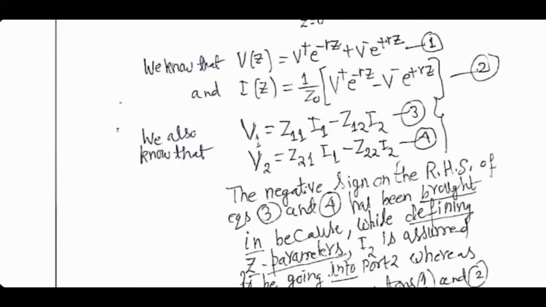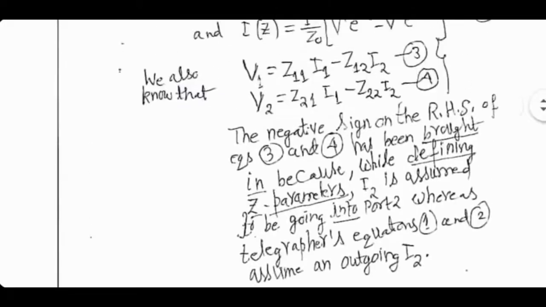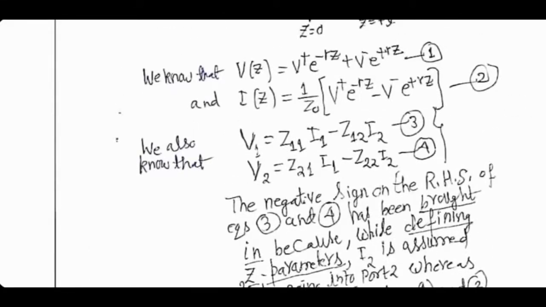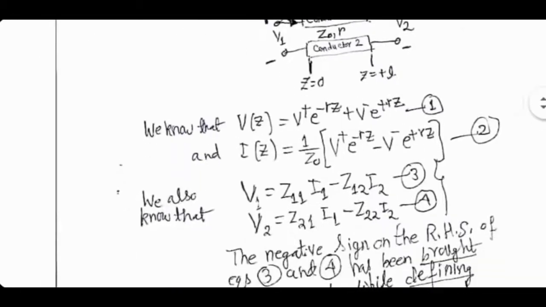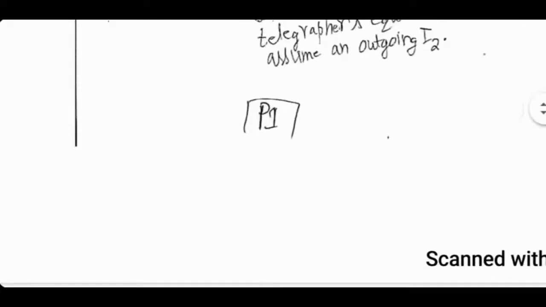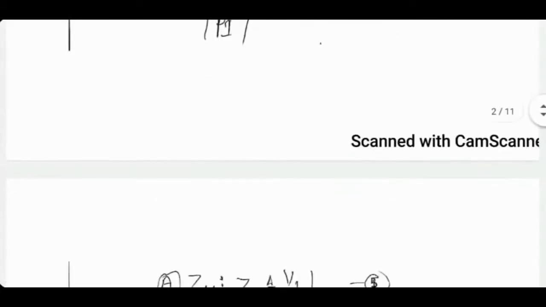All right. I1 will be again determined by equation 2 as long as you are willing to put small z equal to 0. And similarly, V1 will be determined by equation 1 as long as you are willing to put small z equal to 0. And V2 would be determined by equation 1 as long as you are willing to put small z equal to plus L. Plus L is the physical length of the line. These are the four things that you got to remember. And then you can now go for actual derivation.